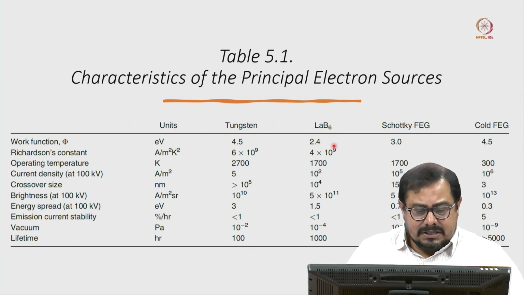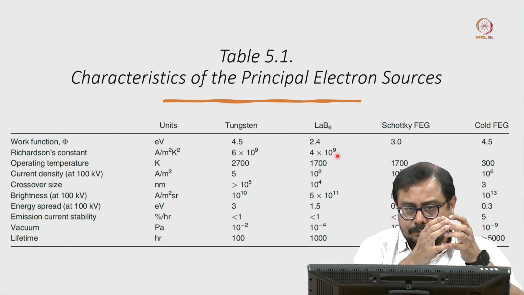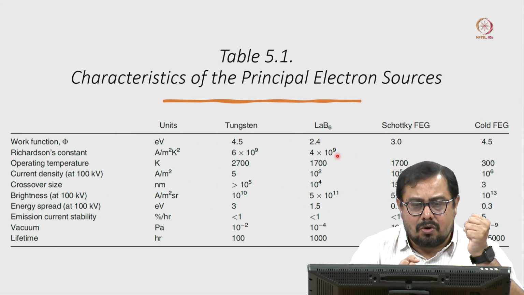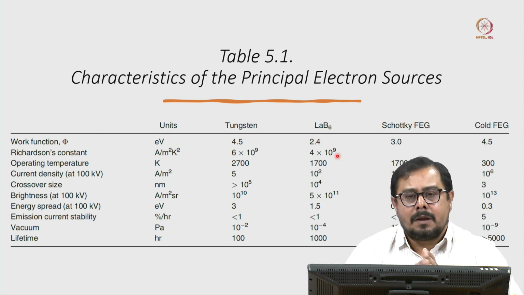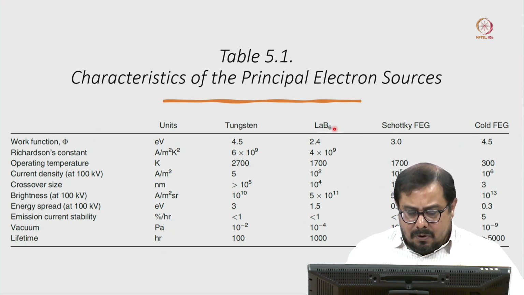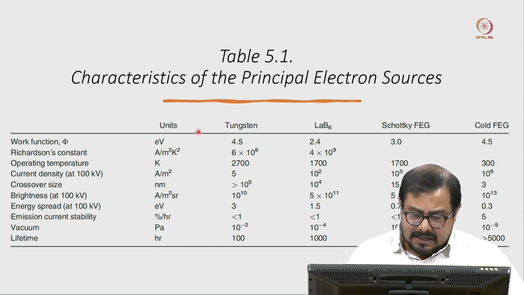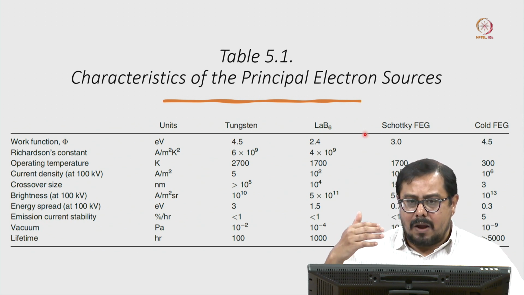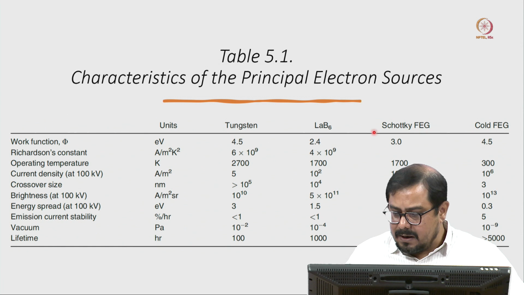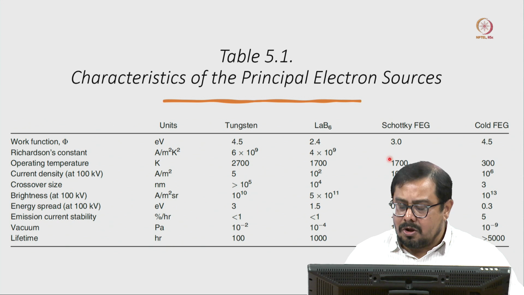and the LaB6 filament, definitely when the work function is drastically reduced, it will really help to extract the electron from the filament tip and get a much more coherent electron beam. So if we pay attention to this, definitely the LaB6 filament is suitable and it is better than the tungsten filament, but there are much more advanced filaments. It will be the Schottky filament, because the beam coherence is superior for Schottky FEG or cold FEG.